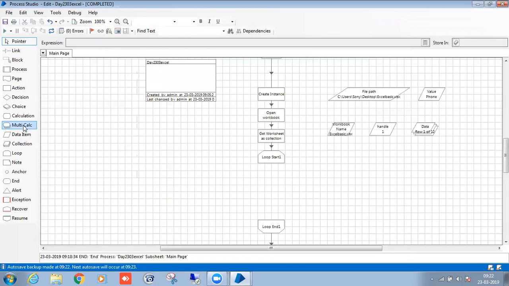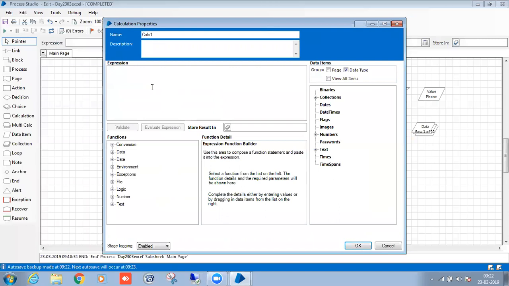The same thing I need to perform here, so take a calculation stage. Double click on it. What is the data you want to add? I want to add the text, so in between double quotes I have to take it.